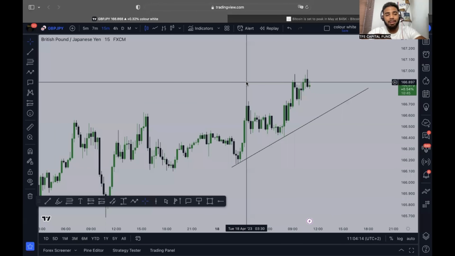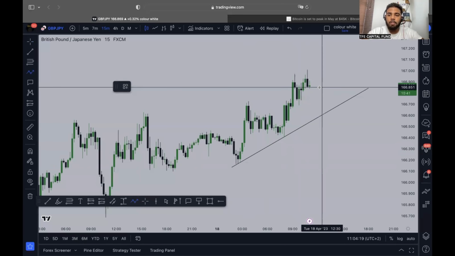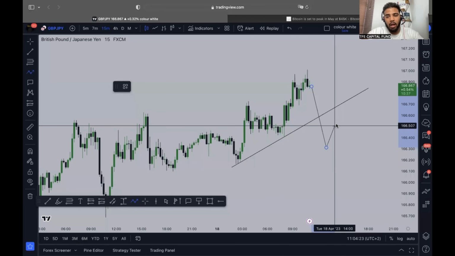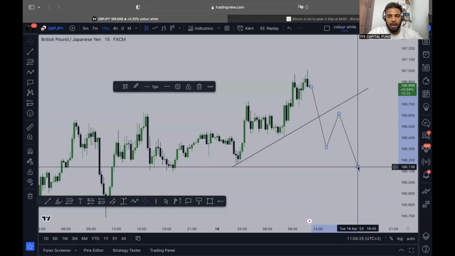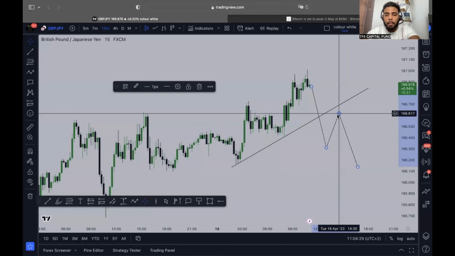However, we don't want to marry the direction. We want to be able to adjust ourselves to the market direction. If the market decides to break below impulsively and we don't get the buy-in, we'll look for the retest to continue going for the buy lower. That's how simple it is. For the time being, we are looking for the buy trades.